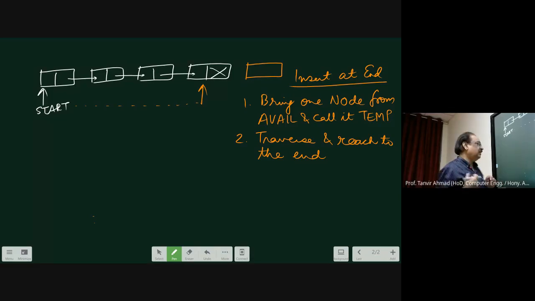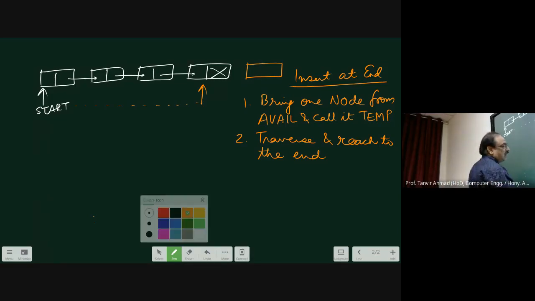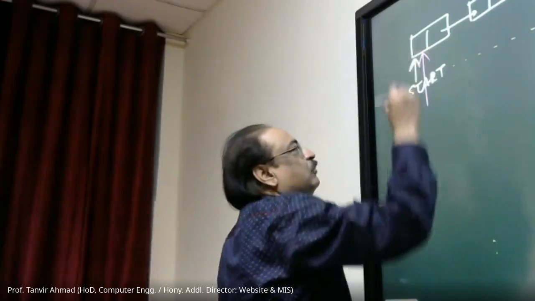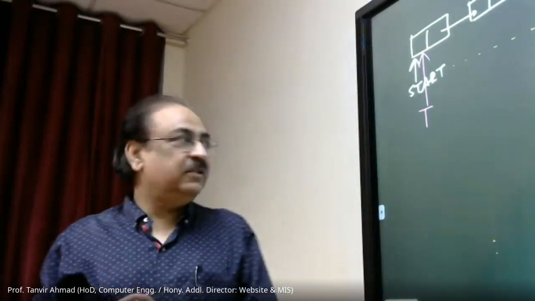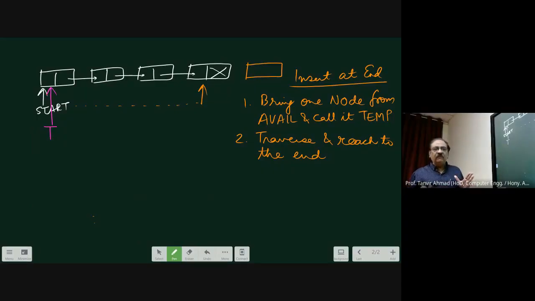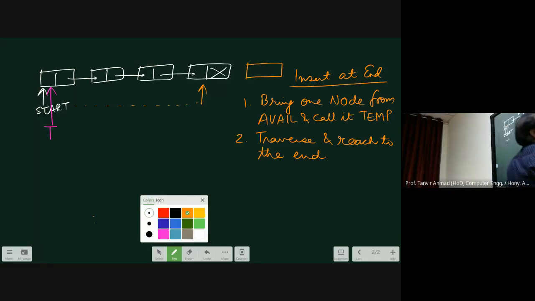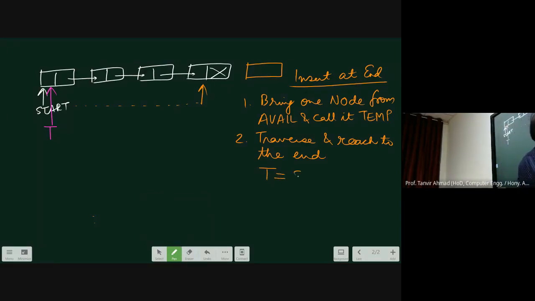I will copy this into some variable t, where t is some temporary pointer. And with this, I will traverse t and will not traverse start. Then what I will be doing over here is, I will say t is equal to start and I will say while